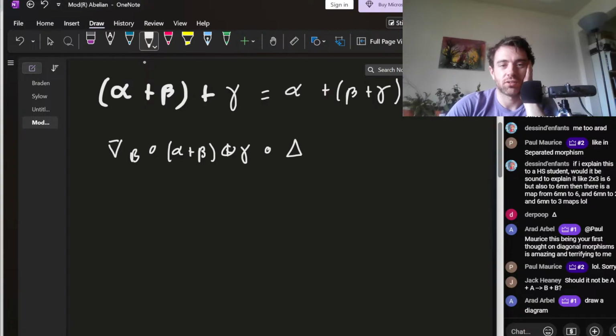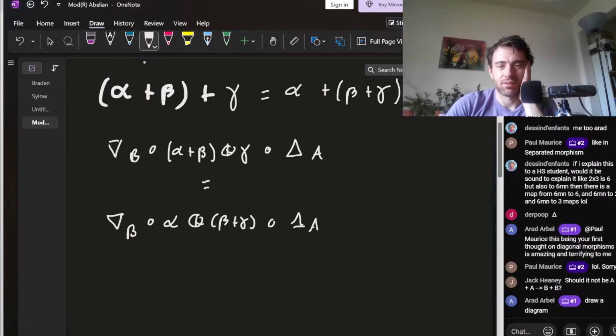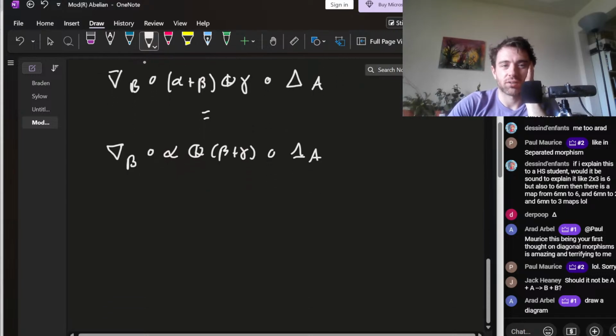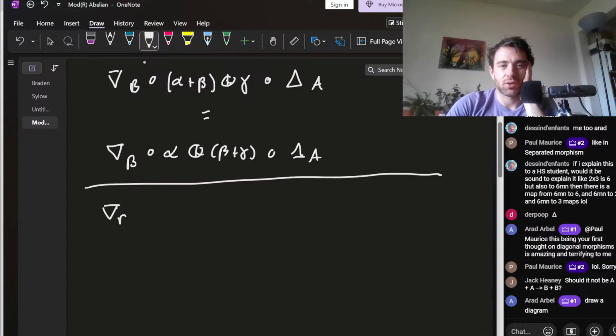Look at me writing nonsense all day long. Right. So it should be this equal to this, and then we could unpack this even further and get that co-diagonal B, put braces here, co-diagonal B composed